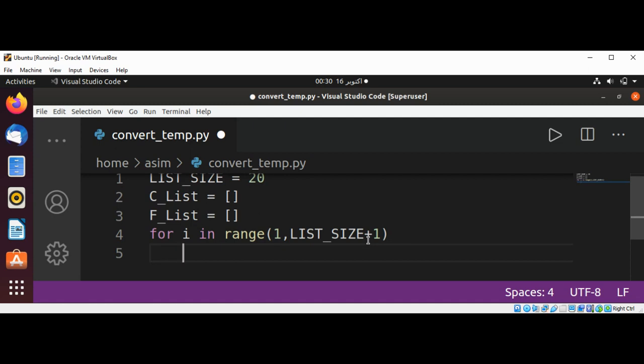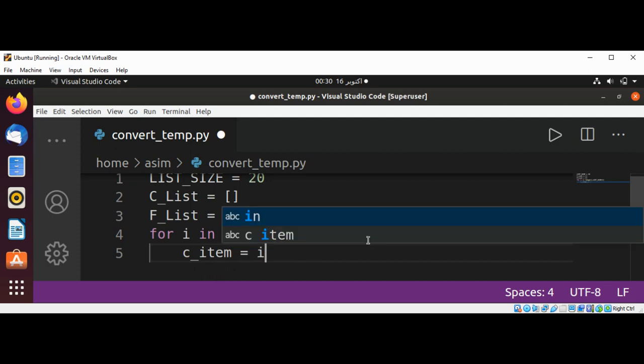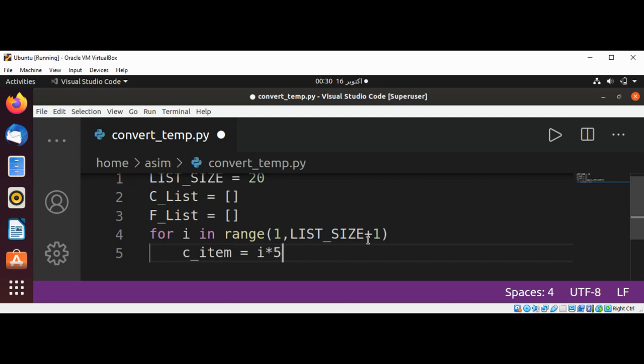And our item or the value for Celsius are going to be C item. This will be set to i multiply with 5. The first value will be 5,